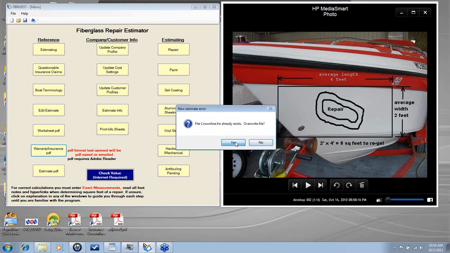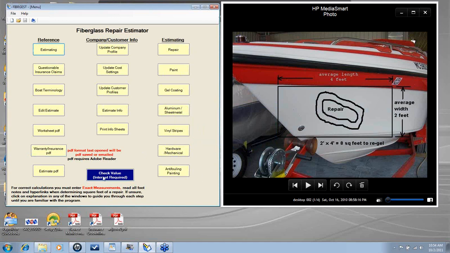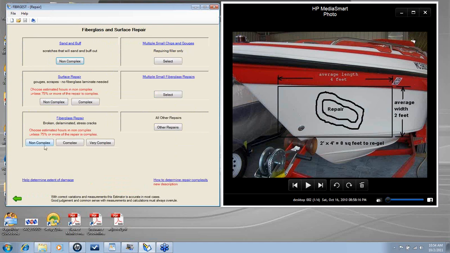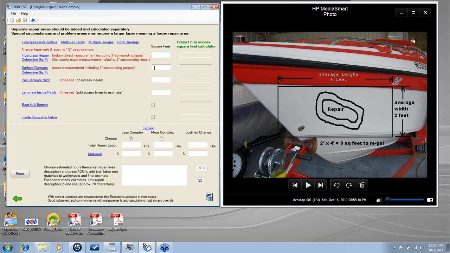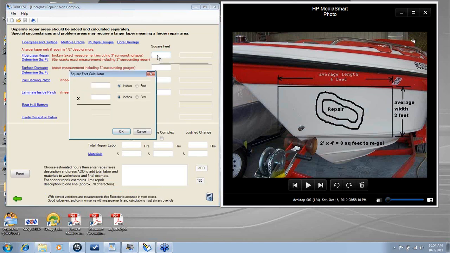It already exists. We're going to overwrite it because I'm going to show you how to repair it. You would go to repair. It'd be a flat surface. So you choose non-complex. Press F5 for a square foot calculator, and say it is